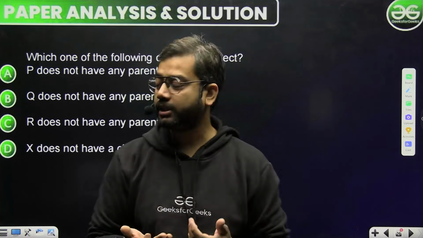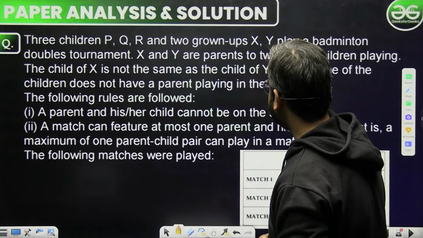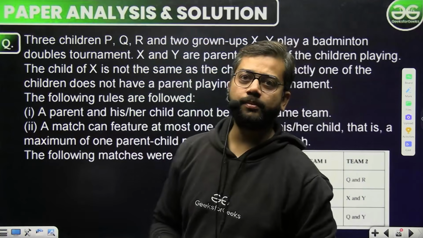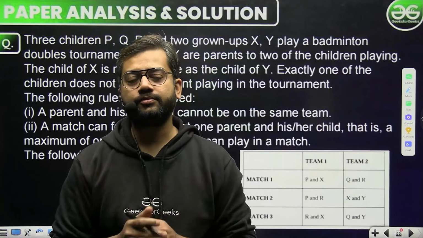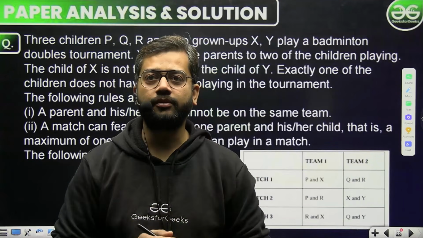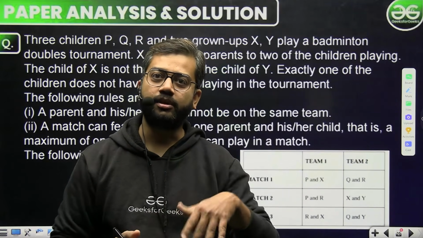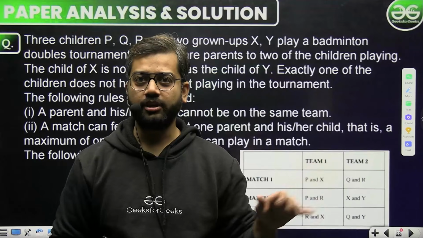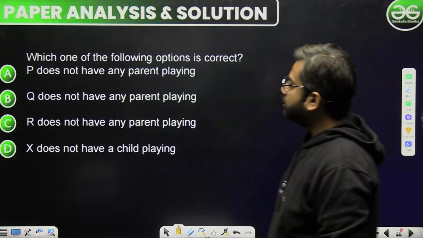वैसे ही अगर मैच 3 के लिए देखा जाए, तो मैच 3 में भी, क्योंकि पहले वाले में हम लोगों ने अज्यूम कर लिया, तो RX वर्सेस QY हो जाएगा हमारे पास। अब या तो X जो है वो खेल रहा है किसके साथ? R के साथ, और R और X चिल्ड्रन हो नहीं सकते, तो क्या होगा इस केस में? फिर भाई कुछ चाइल्ड होना पड़ेगा।